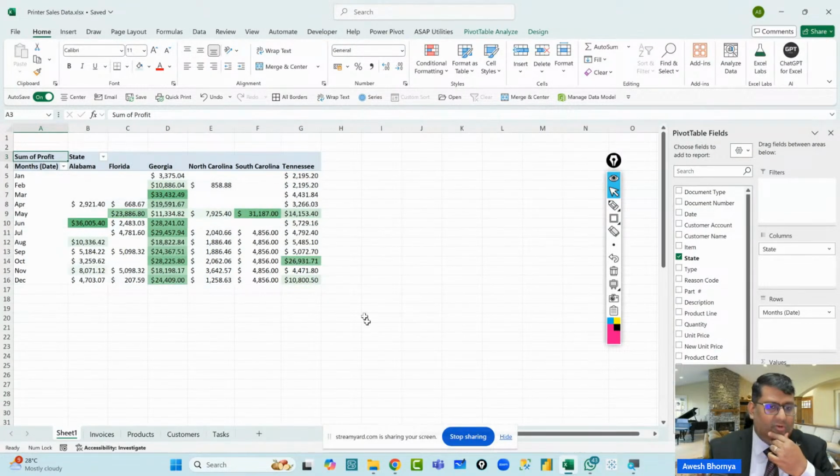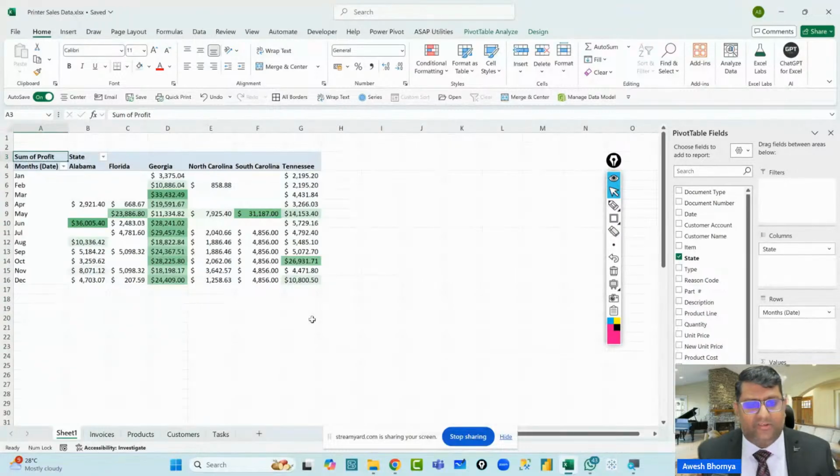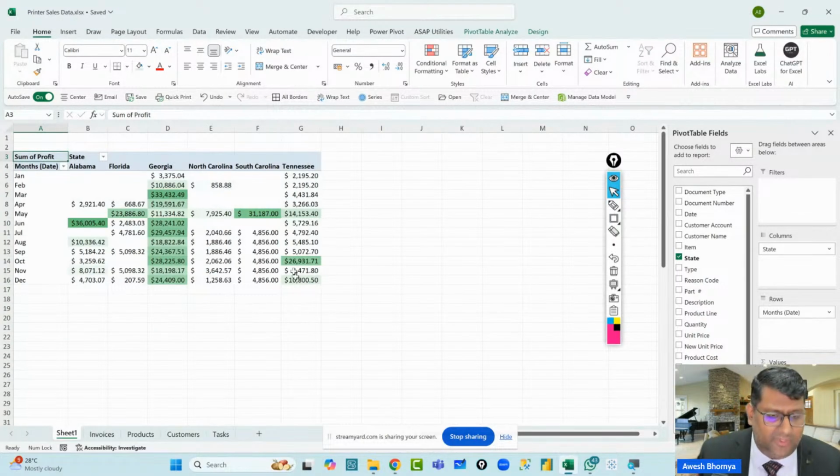Now, once you do that, as I told you, here you can see the values for Georgia, Florida, Alabama, South Carolina, and Tennessee. These have got a slight greenish tint in the numbers. That means somewhere or the other, they've done well in terms of the values that are being generated. Now if you have multiple data points for different years, etc., you can very easily get a conditional formatting, and you can see that these are the insights from your data. Now, when I use the word insights, insight basically means what is the finding from the data. What are we actually able to identify, and how do we actually go about it, right?